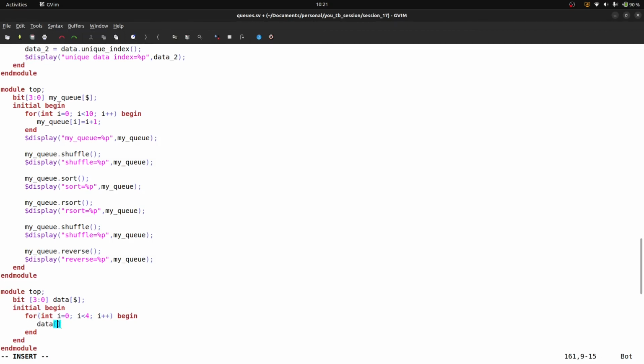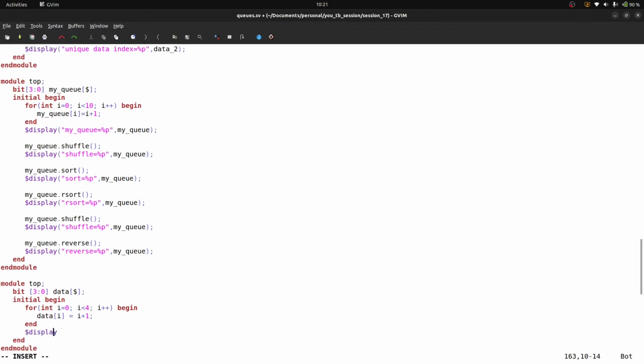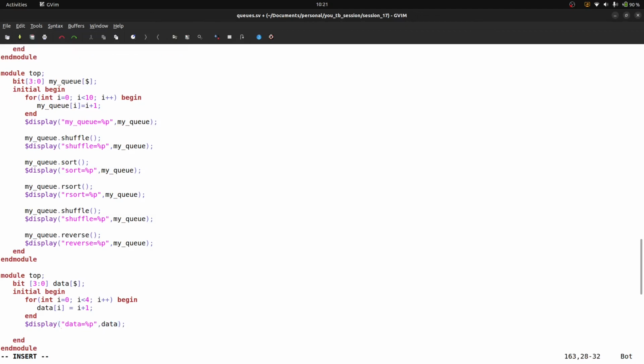After that data of i is equal to i plus 1, simply as we have done in the previous code, and after that $display data is equal to %p data. That's it.